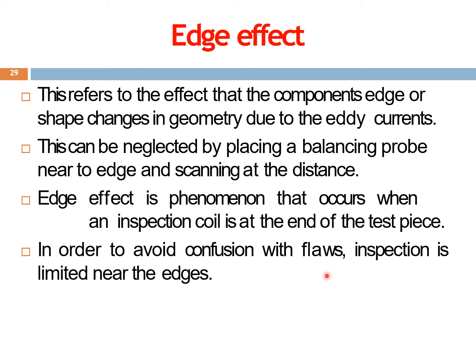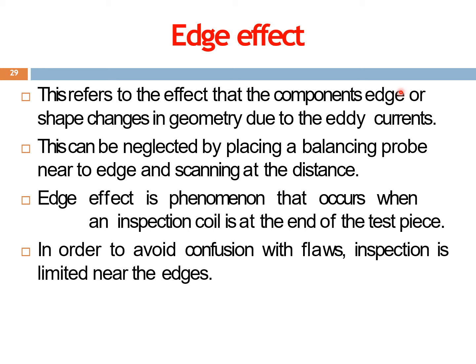Edge effect is what happens when you introduce the electrical, so-called eddy currents, into the surface. When it is closer towards the edges, there will be a sudden variation in the area or the cross section of the material. So when eddy currents are more concentrated towards the edges, because of the area change that is occurring at the edges, the loops are disturbed. That is, the eddy current loops that are formed are disturbed. So at the edges, we can get an erroneous result because of the area change. This is what is called an edge effect.